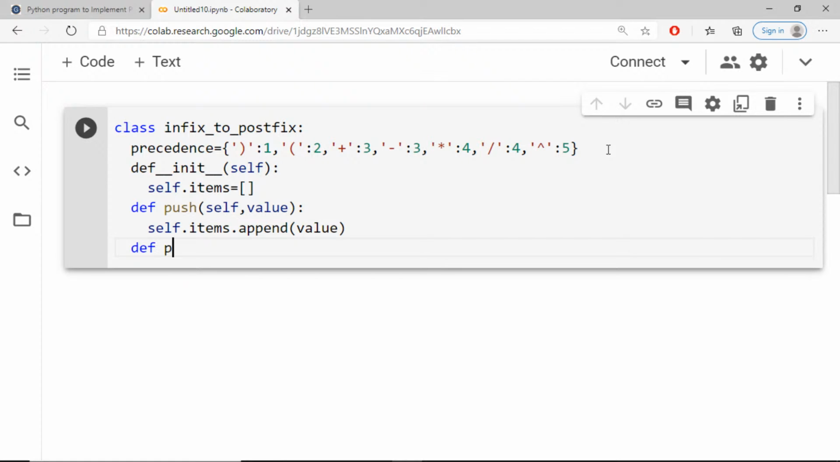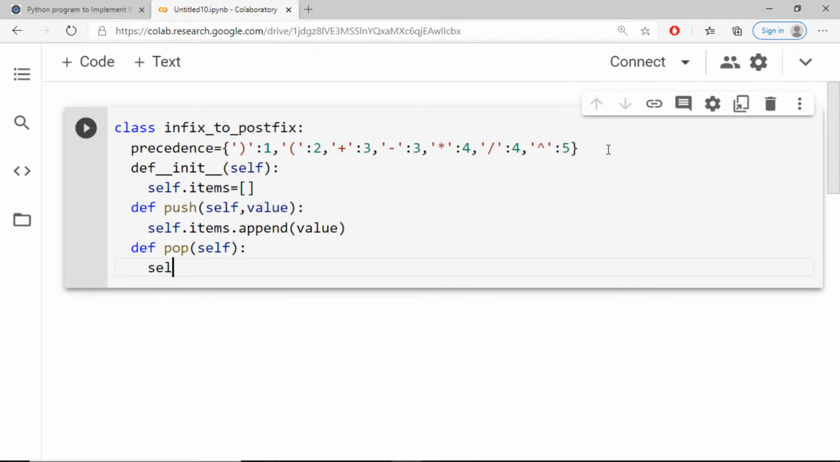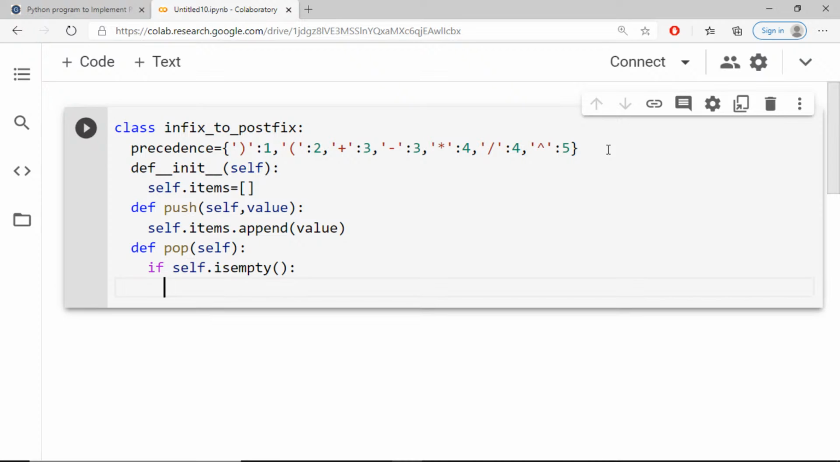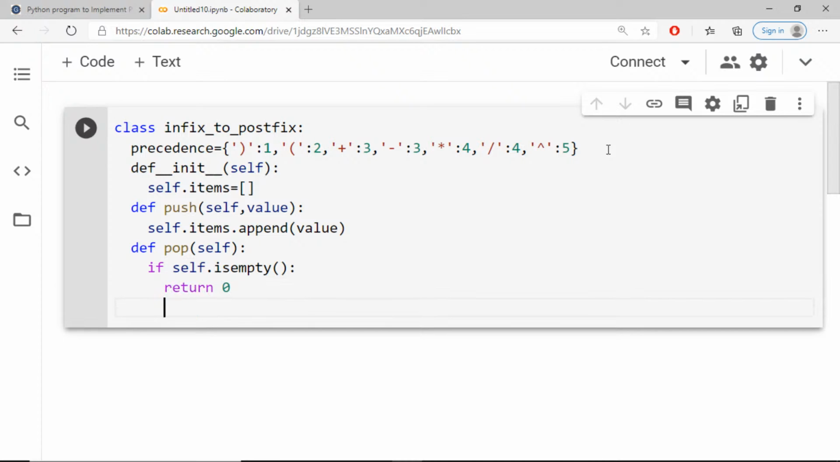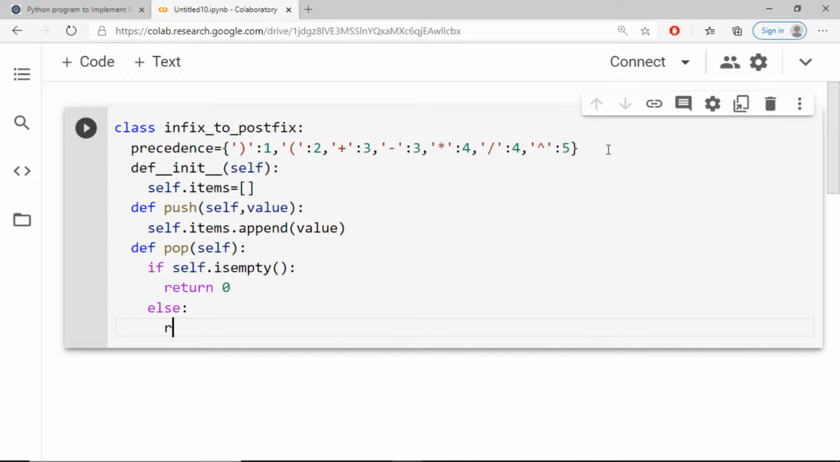and def pop self. I need to check out empty, if self.is_empty, then I can return 0 or false, and else I'll pop out and return self.items.pop. Okay,